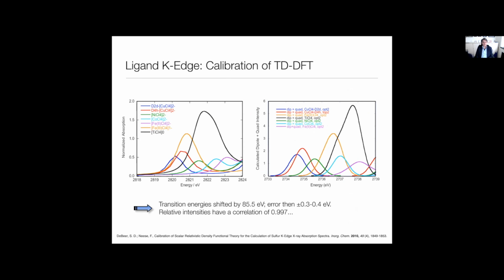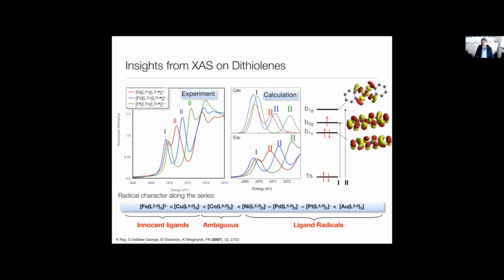And DFT is very successful actually in predicting the trends, both the intensities and the positions of these ligand pre-edge features. And I think maybe about 10, 15 years ago, we studied a lot of that together with Serena and together with Carl Wiechert. And by and large, these calculations are a super helpful guide. That comes up, for example, in these very exciting compounds.